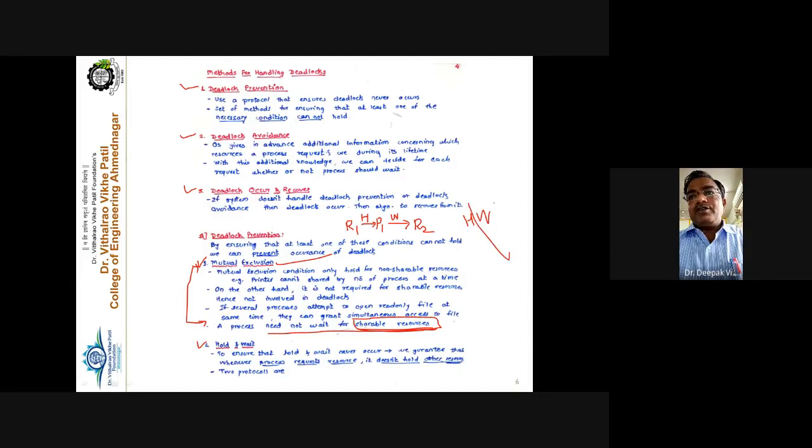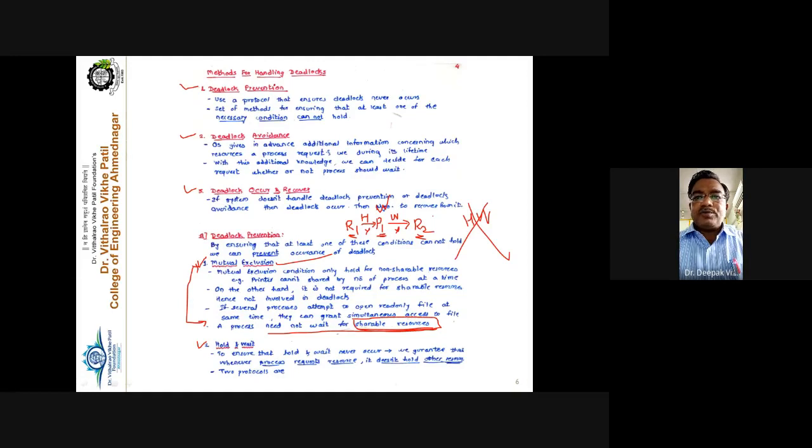So if you want to prevent this hold and wait, you have to break this link or you have to break that link. Clear the point or not? Hold and wait, why does this occur? This occurs because process P1 is holding resource R1, meaning R1 is already allocated to P1, but still P1 is in a waiting state. See carefully why there is a cause of deadlock: though P1 is holding resource R1, it is not in a running state. It is in a waiting state. Why is it waiting? It is waiting to get resource R2, and R2 is allocated to some other process. For example, R2 is busy doing some other process's work. Getting my point or not?